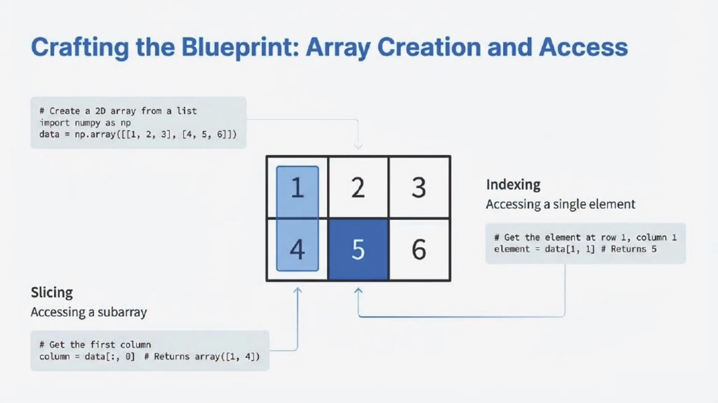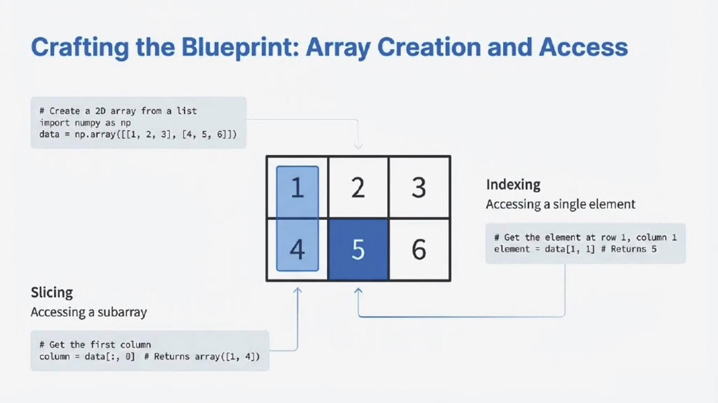First, we create a two-dimensional array using np.array of [1, 2, 3] and [4, 5, 6], which forms a grid with 2 rows and 3 columns. In NumPy, indexing starts from 0. So each element is identified by its row and column positions. To access a single value, we use indexing. For example, data[1, 1] selects the element in the second row and second column, which returns the value